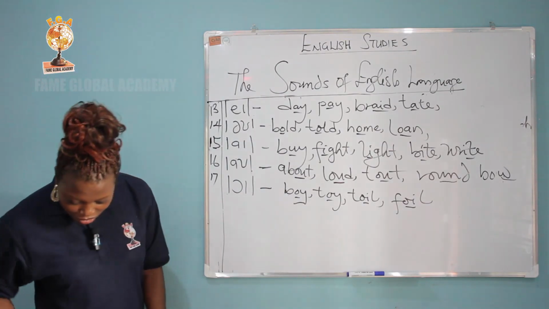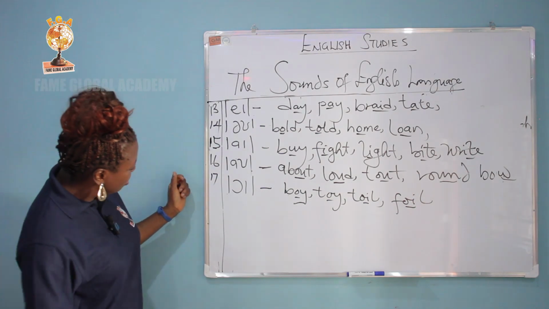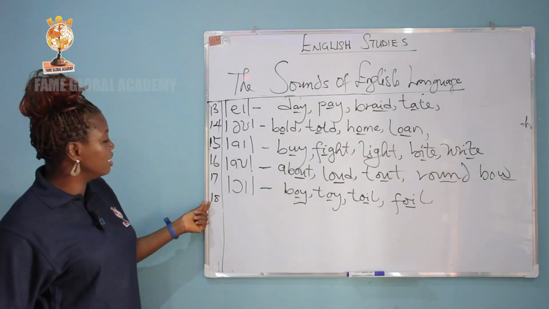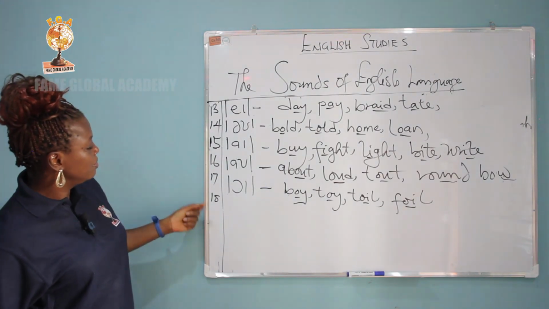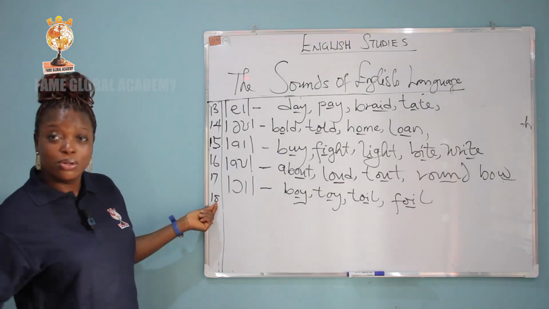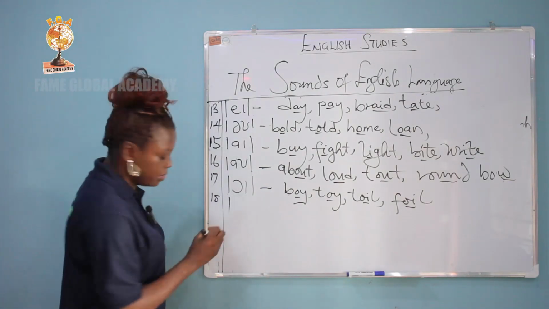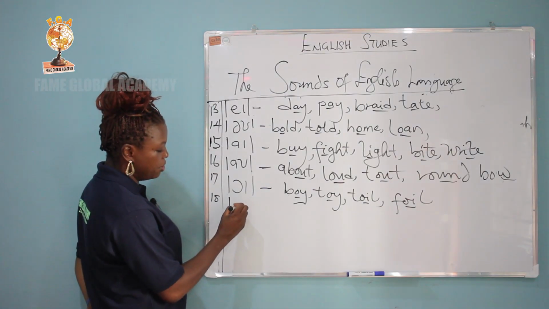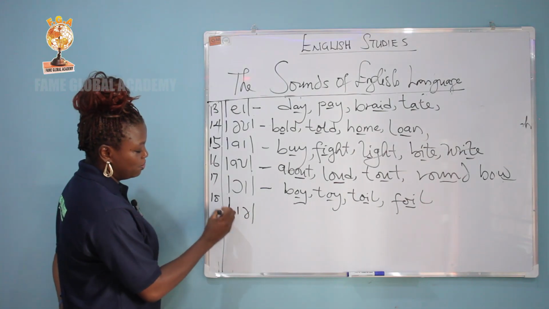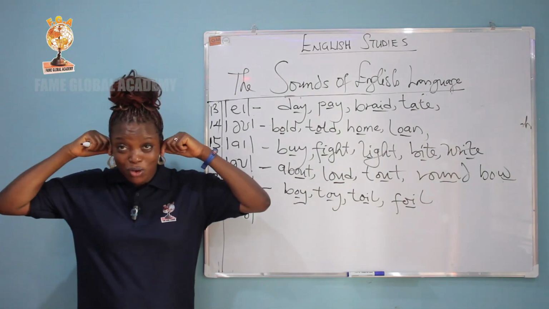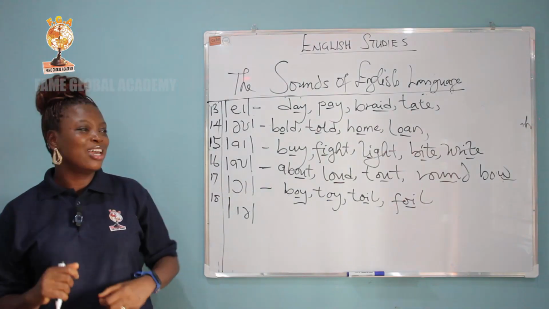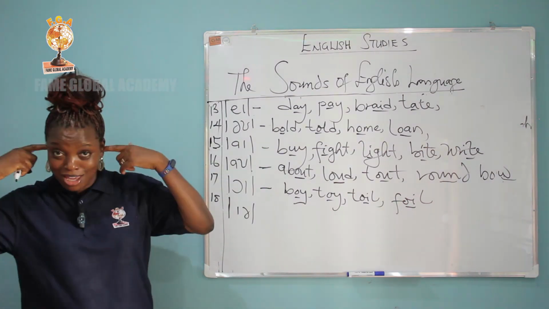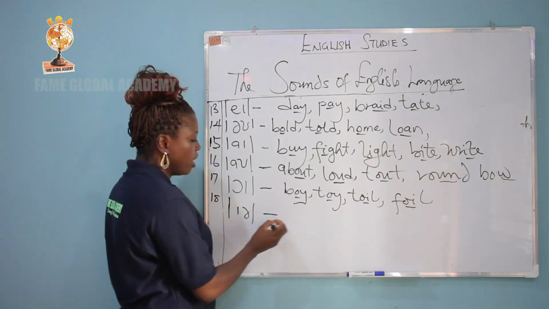Okay, then for the 18th vowel sound and the 6th diphthong, let's have it. What you have here is the diphthong ear. Yes, my friend calls it diphthong ear, because most of the words that actually contain it have EAR, like ear. For example, we have fear,